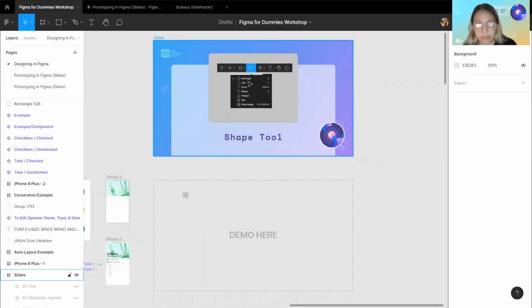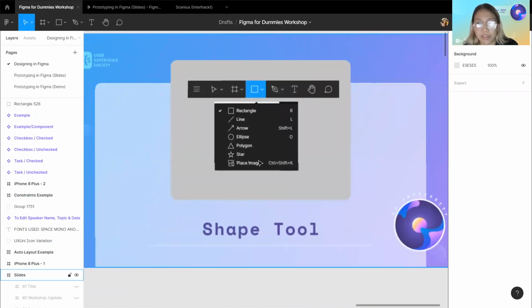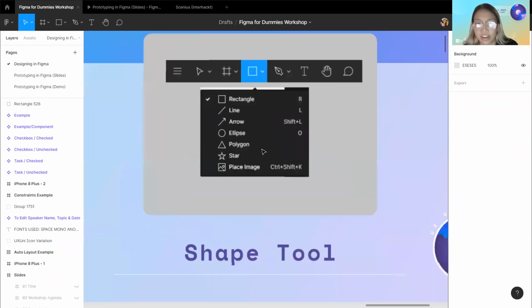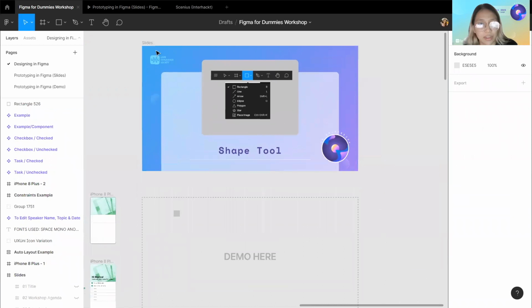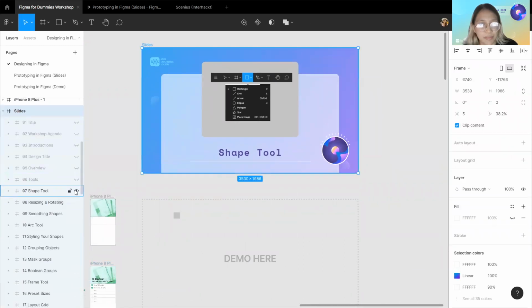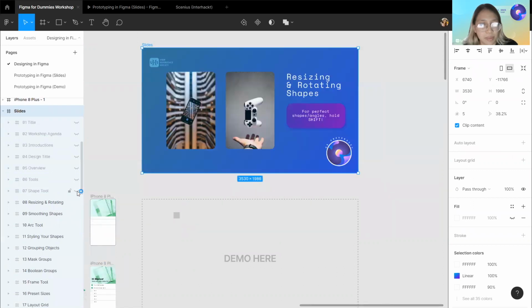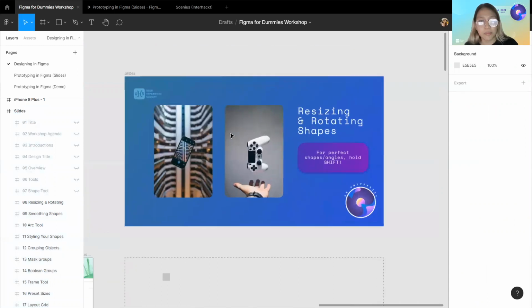You don't have just rectangles. You can make lines, arrows, circles, polygons, even images. Yay! Cool. I will delve deeper into these later, I promise. So we have our shapes. So to resize and rotate shapes,